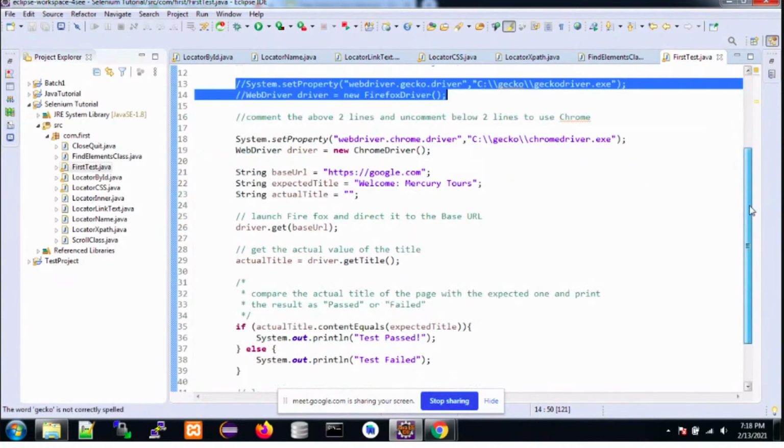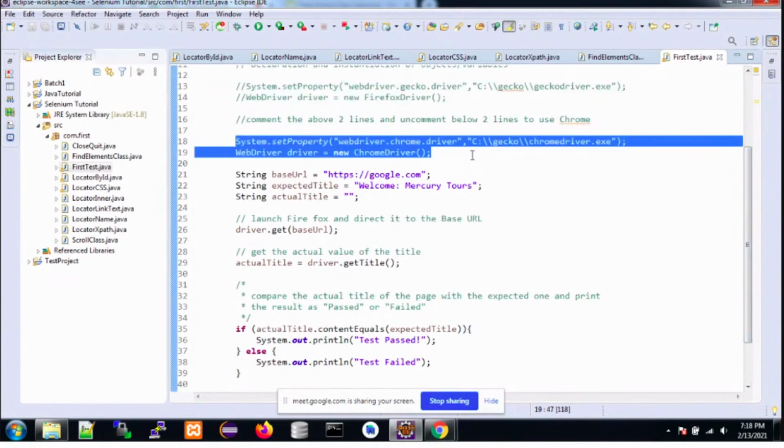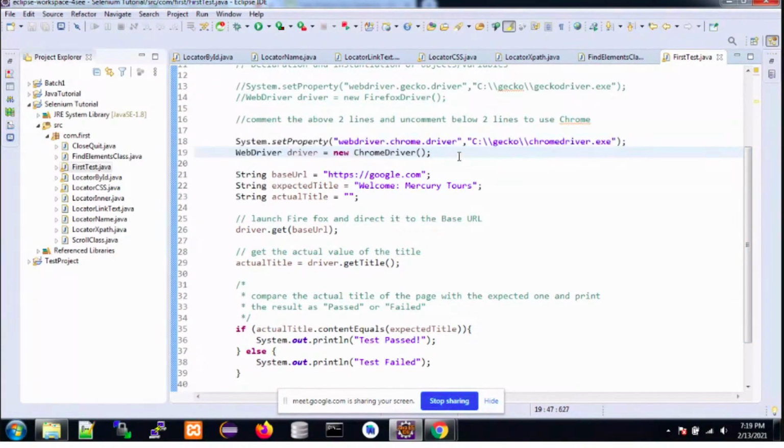These two lines in the code decide which browser will be invoked to execute your test cases. We have discussed System.setProperty. This is a key value pair that we have passed: webdriver.chrome.driver and its path.